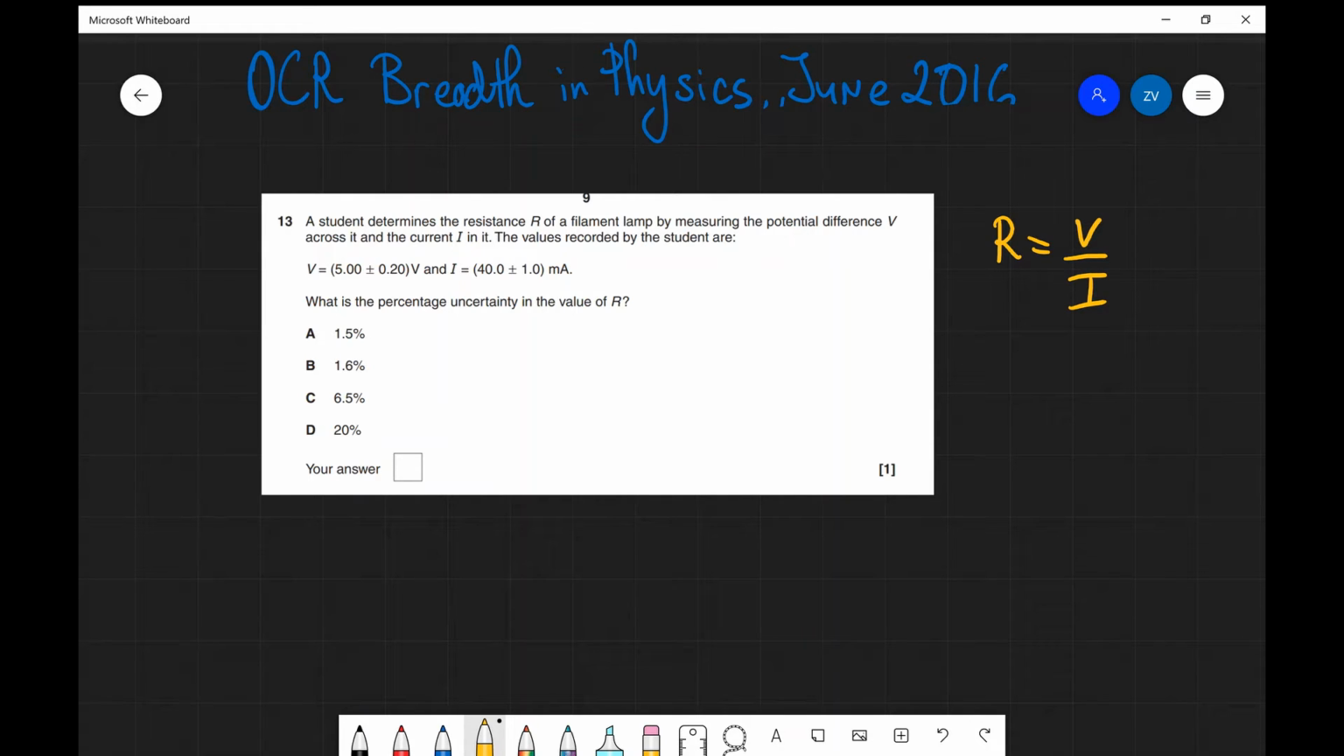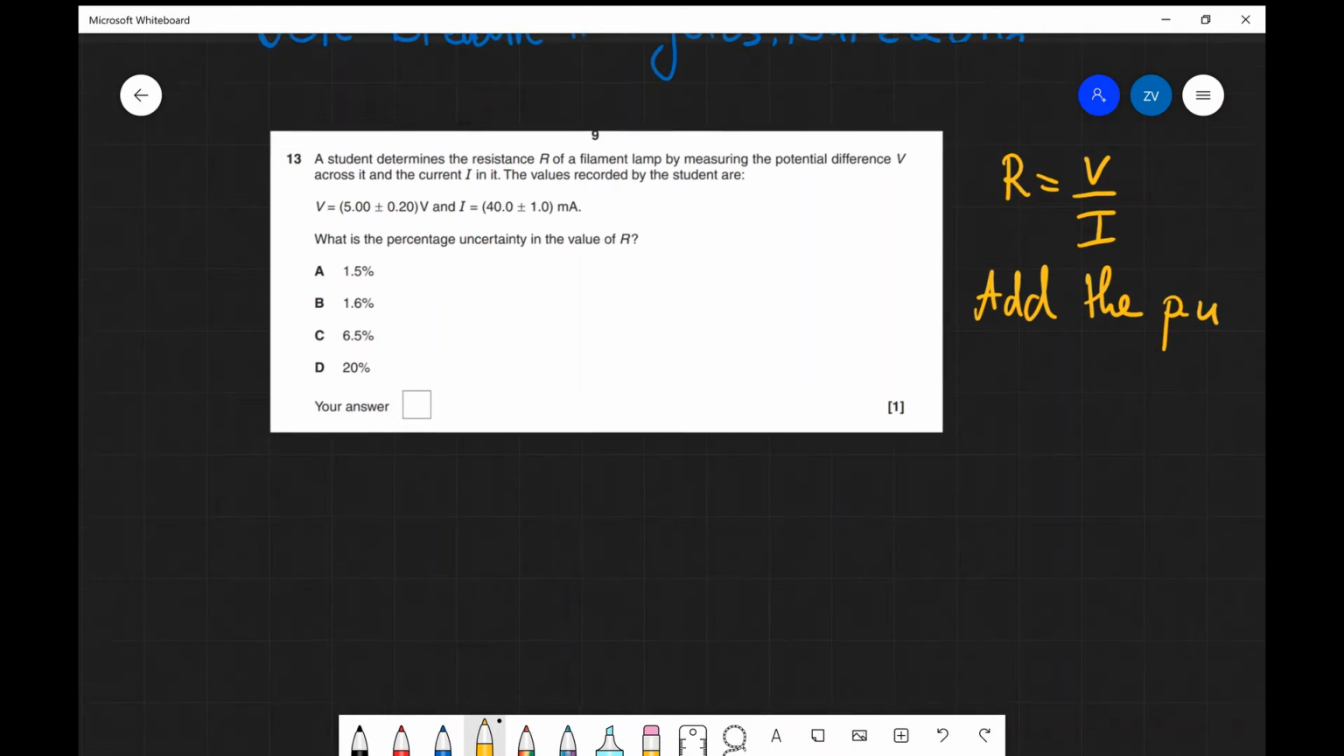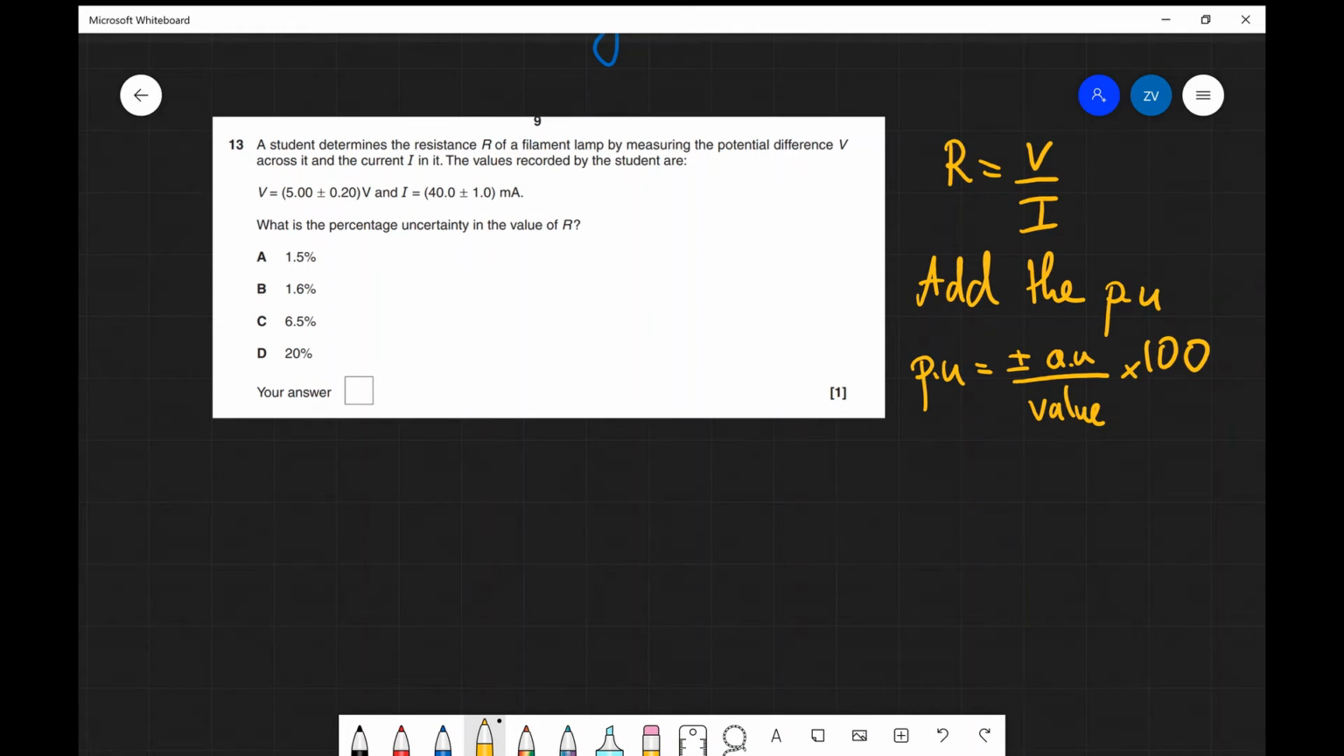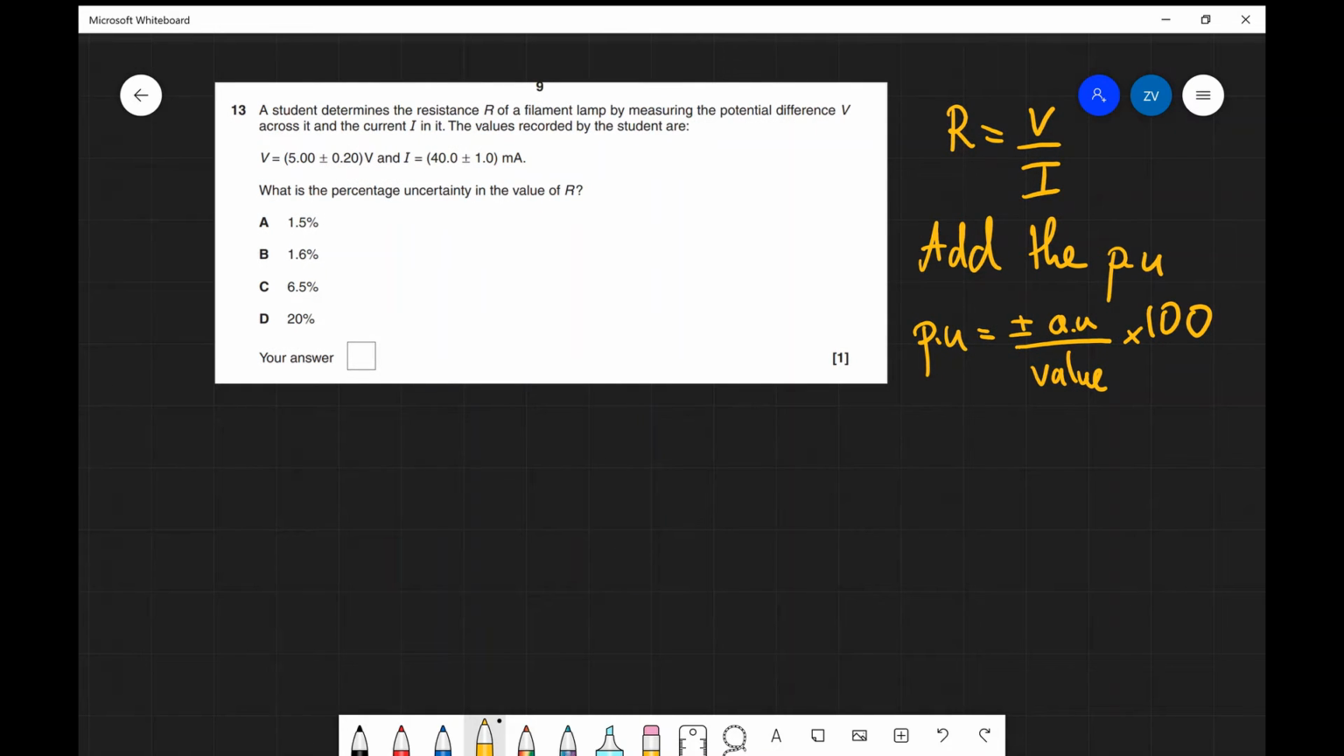Now in this case, we are dividing quantities. So if we divide quantities, what we need to do is add the percentage uncertainties. So we need to find the percentage uncertainty in V, we need to find the percentage uncertainty in I, and we need to add them. Remember, your percentage uncertainty in general is equal to plus or minus your absolute uncertainty divided by your value times 100. So we need to find the percentage uncertainty in V and the percentage uncertainty in I, then add them together. So our percentage uncertainty in R